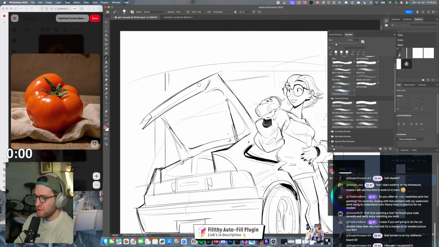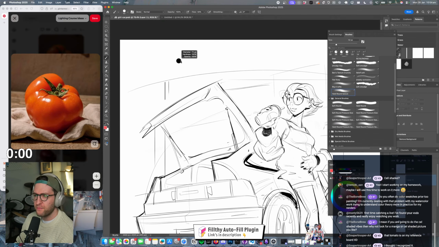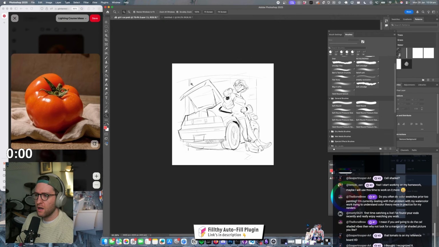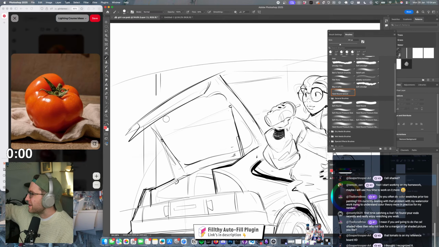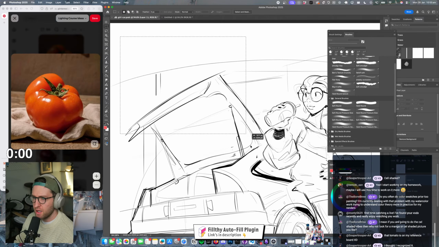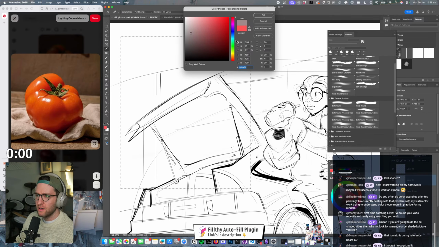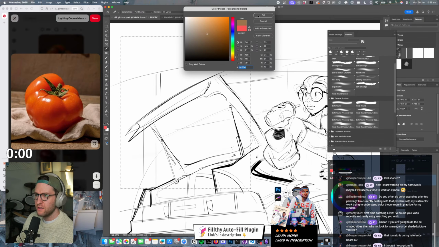If you're going to do the cell shaded vibes, why not look for a manga or cell shaded picture? You're like, yeah, I will, I reckon. But I just want to get the juices flowing, you know what I mean? Just get something, dip into the comfort zone, but see if we can simplify. All right, so I'm just going to do it here, on the same canvas. Just have a play.